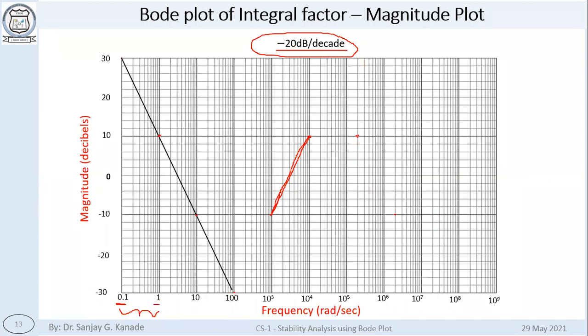So on the x-axis coordinate, we are talking about per decade, which means the value of frequency separated by 1 decade. See here, this is that value, right? 1 decade separation. And on the y-axis, what is the value? It should be separated by 20. So it should be this one. We have to connect these 2 points by a straight line. This will be the minus 20 dB per decade line.